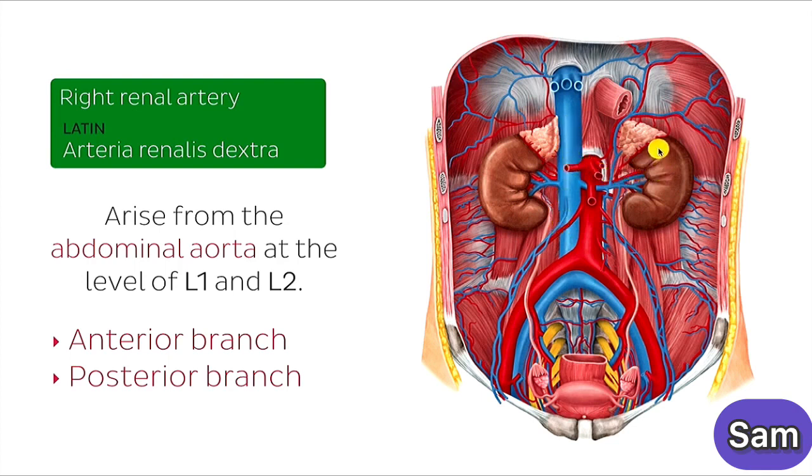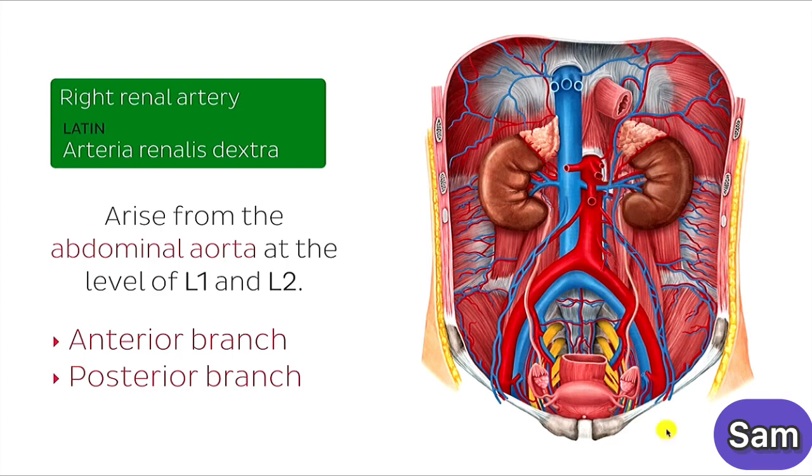While on the other hand, you have here the left kidney and the left renal artery entering the hilum of the left kidney, but now behind this blood vessel here,